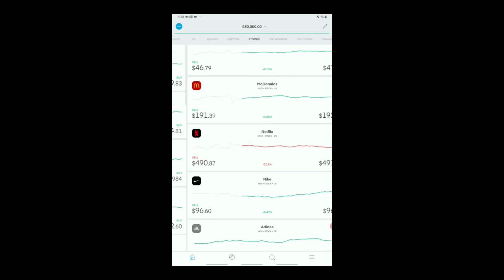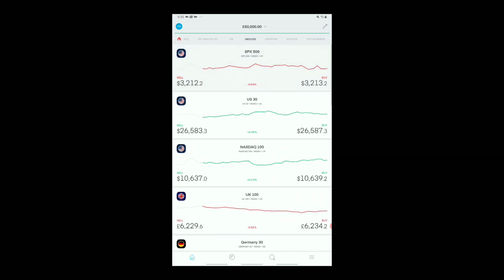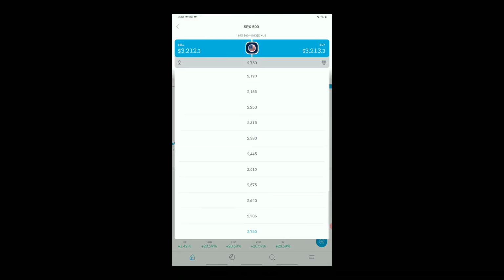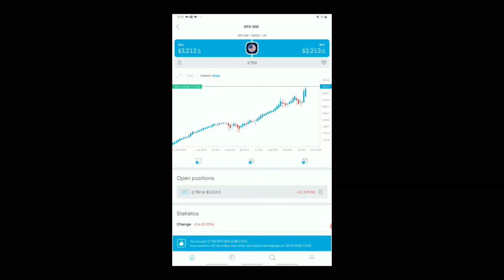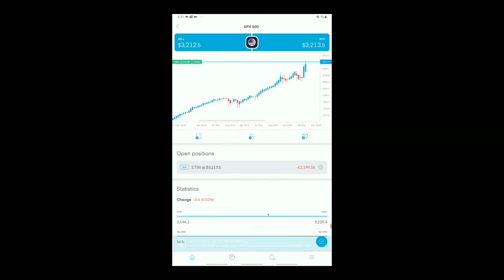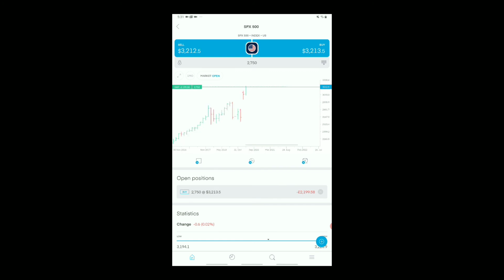So, unlike with stocks where you can't really lose too much money very quickly, if we were to invest in a CFD at the wrong time, we can easily lose a large amount. But we can easily make a large amount as well. So, let's just use this for an example. This is a demo account, let's say. So, we buy this index, let's say. We buy in at this point, and if it drops any further, we will lose a lot of money. So, you can see here at the start, we're already down